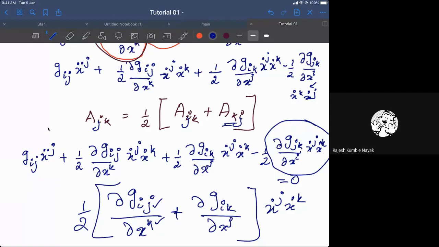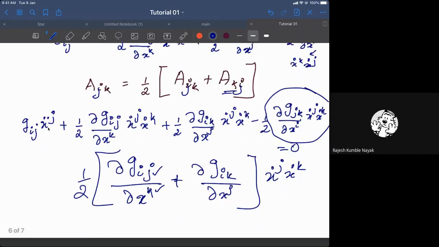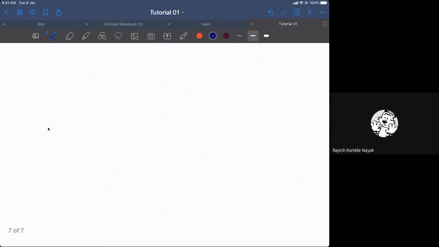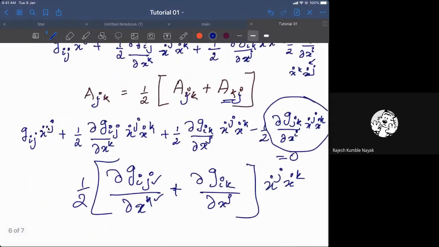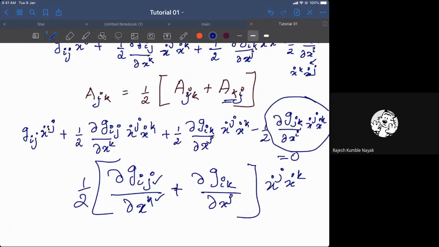Let me write one more thing a little bit more clearly. If you have a vector A_i, then A_i A_k is the same as A_k A_i. That is the symmetry we are talking about. So the x dot terms you can write either way. Multiplication is commutative, so there is no real issue. Because of the dots and indices, sometimes it looks like something else, but it is as simple as this.